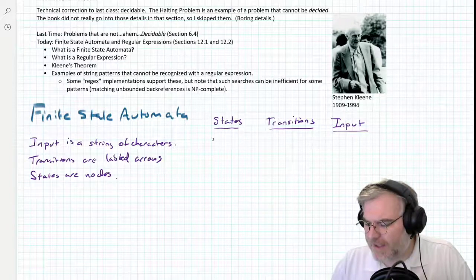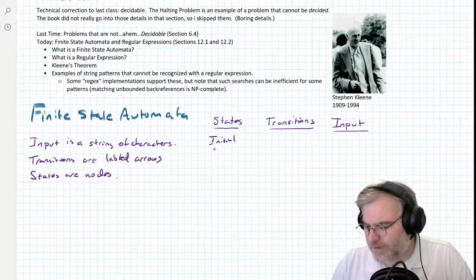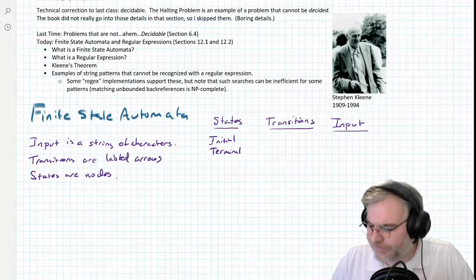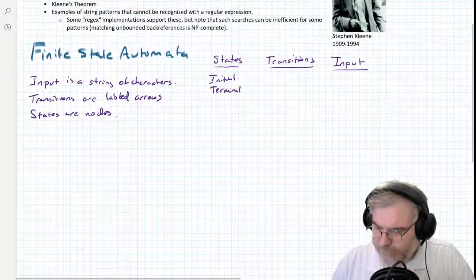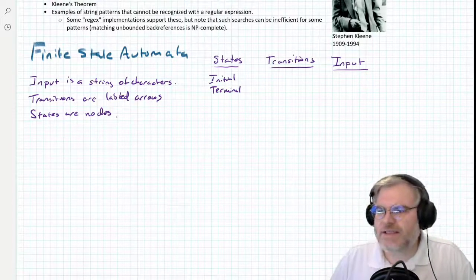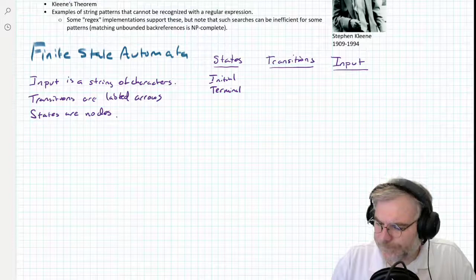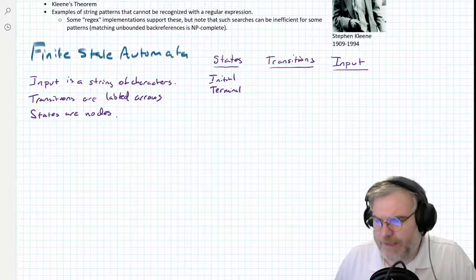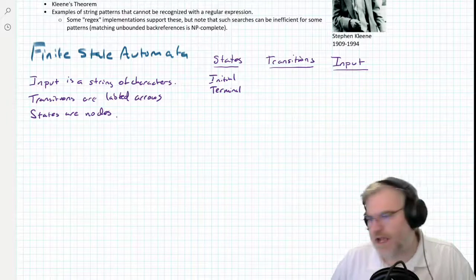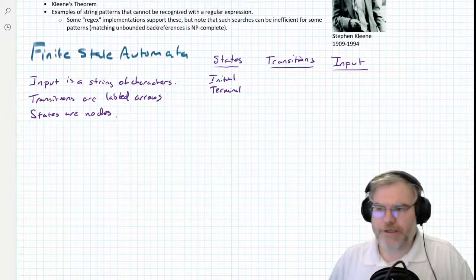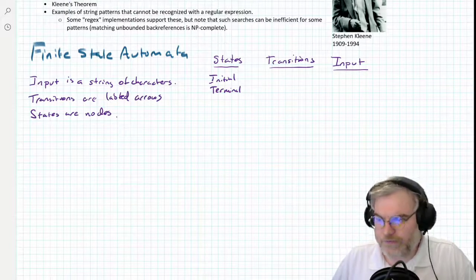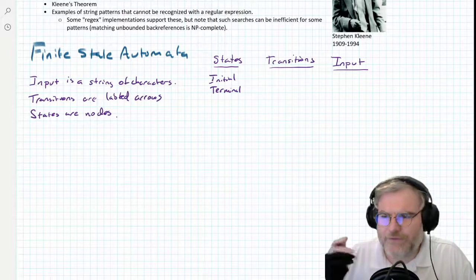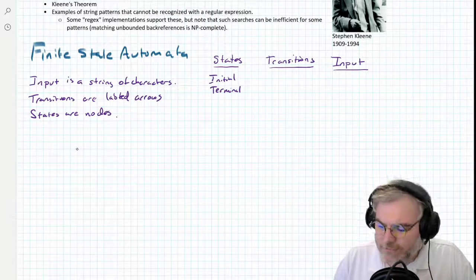So a state can be initial, and terminal, and just a state. So let's look at some input. Let's do an example. The only way to do this is with examples. Otherwise, there are technical definitions. They are in your book. The finite state automata is the three-tuple of this, this, and this. One of the tuples is shut up. Don't care. Let's just do the intuitive thing, because that's what we actually care about.